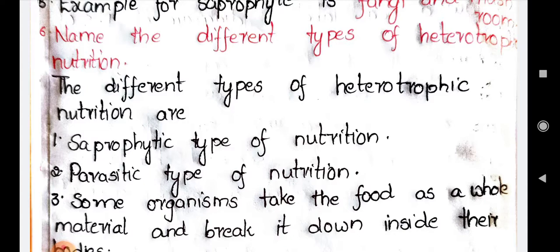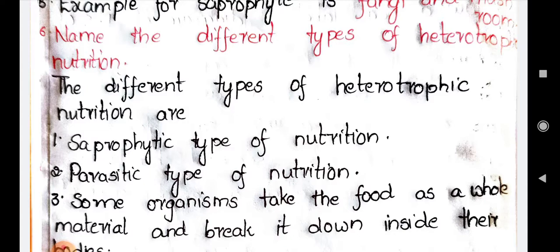The organism which gives food to the other organism is called the host. Are you able to understand? The organism which takes the food from the host is called a parasite. Here the parasite will be benefited, the host may not be benefited, or sometimes the host may die also. So two organisms live together and one will be benefited, the other one may be lost also.